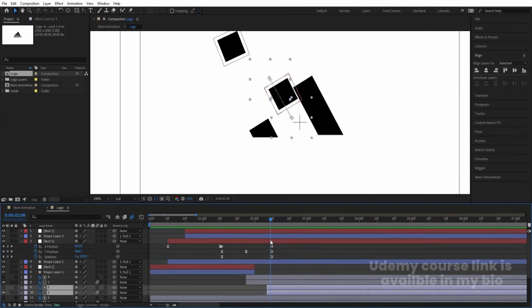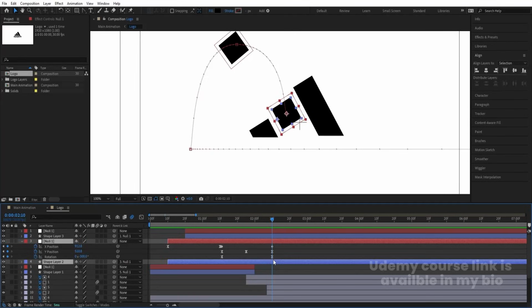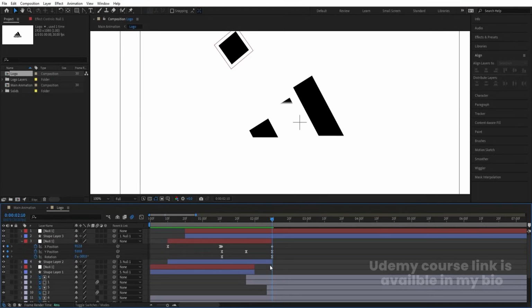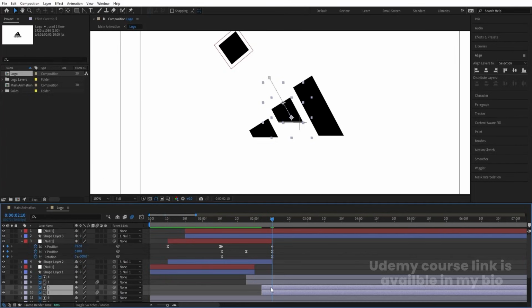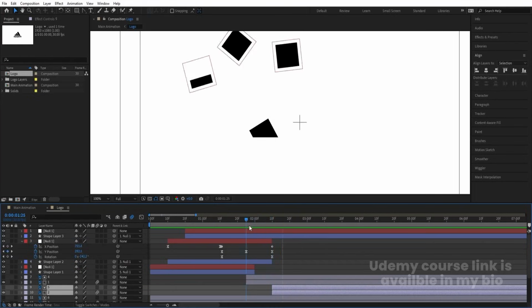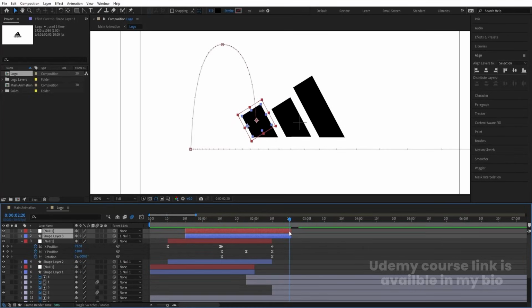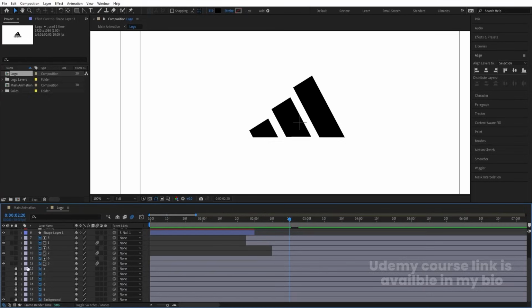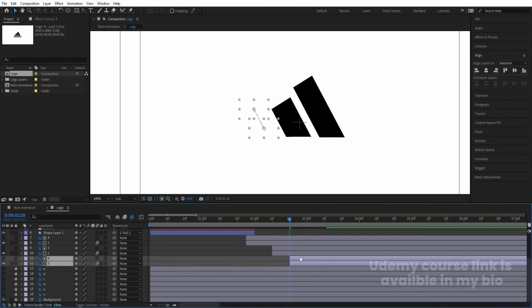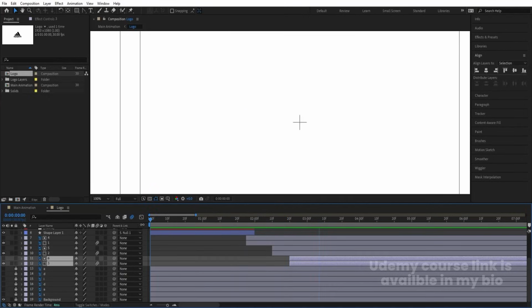Okay, and let's select this area by holding Alt, close square bracket and trim up to this portion like this, and hold Alt, open square bracket to trim up to this. Okay, like that. So then at this point, which is coming over here, let's select this and this, hold Alt, close square bracket and trim up to this. Then select this and this. Let's move this over here, let's move this over here, hold Alt, open square bracket to trim up to this. So if you see this now,